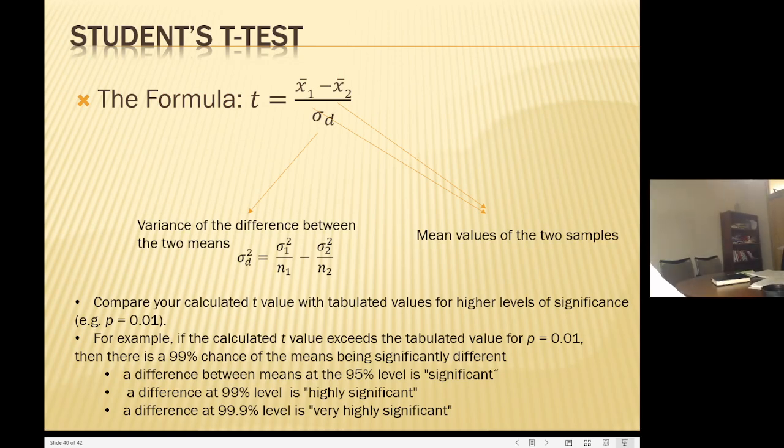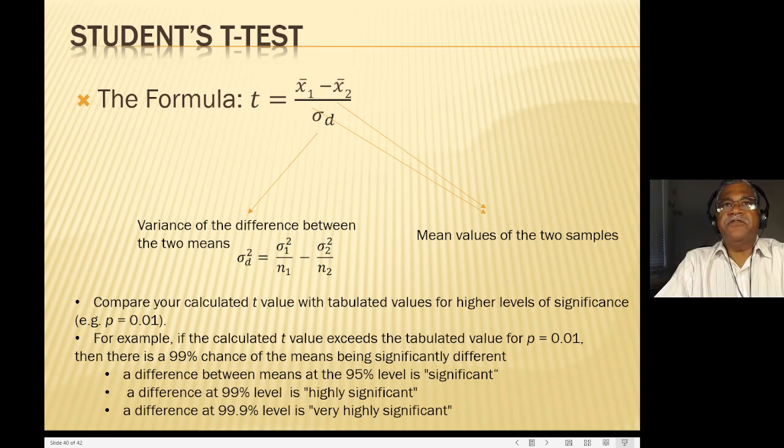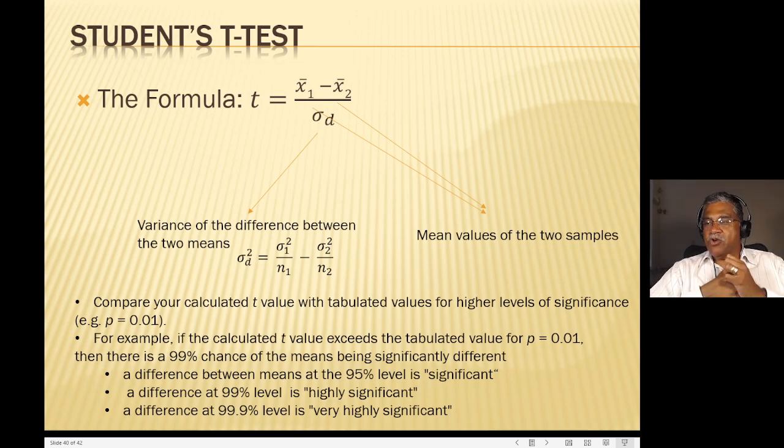What is this idea of degrees of freedom? What do we mean by degrees of freedom? And the degrees of freedom is always calculated as n minus 1. So n minus 1 degrees of freedom. Now the degrees of freedom is how many of your observations are allowed flexibility and how many are not.